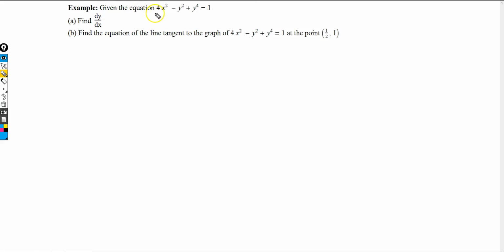Alright, now let's take a look at this. Here we're given the equation 4x squared minus y squared plus y to the fourth equals 1, and we want to first find dy dx. Then, for part B, we want to find the equation of the line tangent to the graph of this curve at the point 1/2, comma 1. So, first of all, to find dy dx, we have to differentiate both sides of this equation with respect to x. So we have to start with